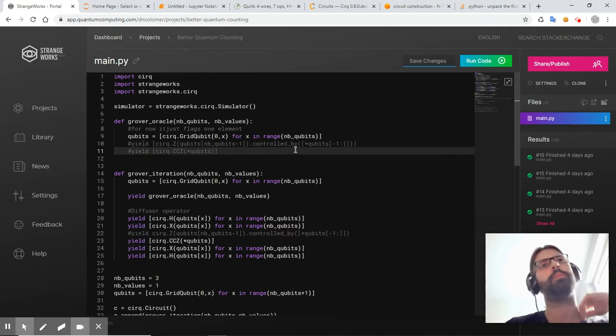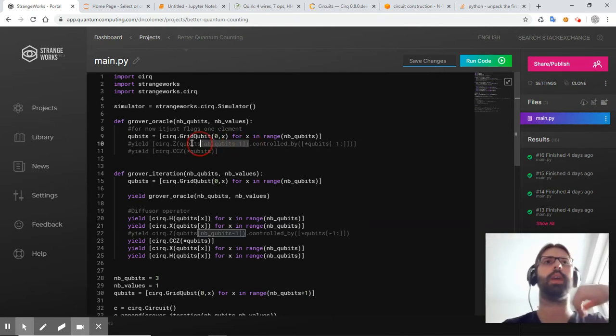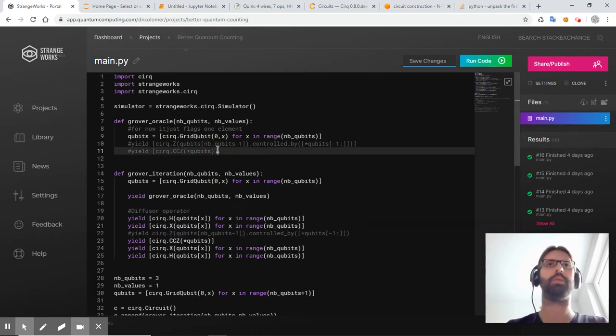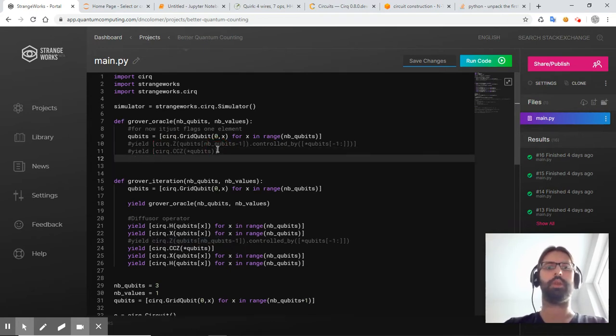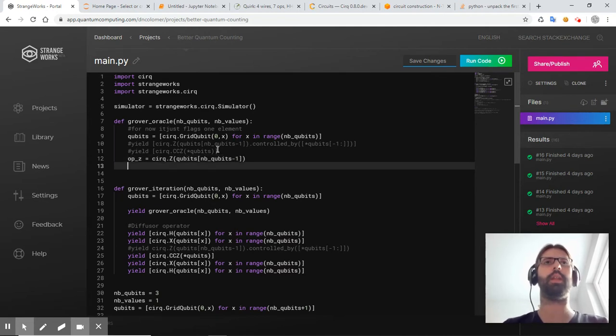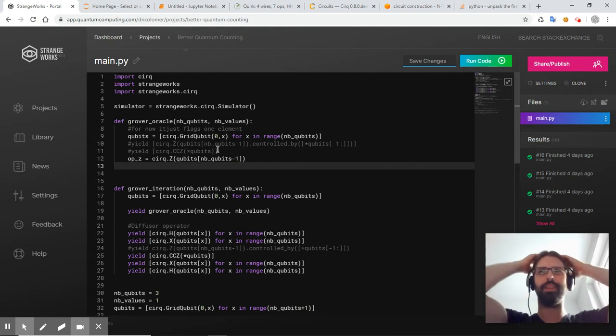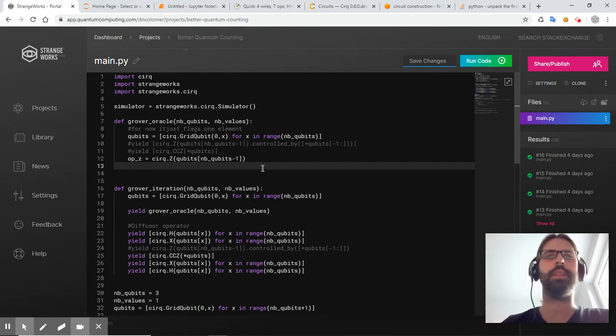So a possible way to do these, I'm assuming, is that we kind of say this is an operation, right? So we're saying OPZ is these, right? I mean, there's probably ways to write this in fewer lines of code, but this is just the dumbest way that I can think of. And now I just basically